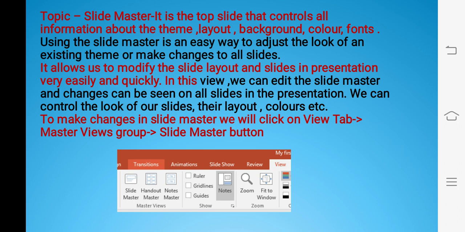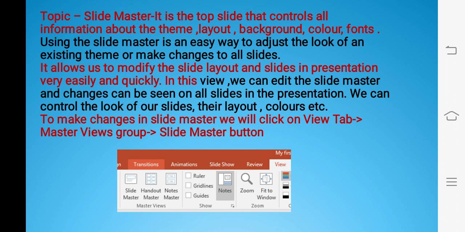Now, today we will discuss the slide master. Children, slide master is used to control the complete PowerPoint presentation. It is a top slide that controls all the information like theme, layout, background, and font of slides.